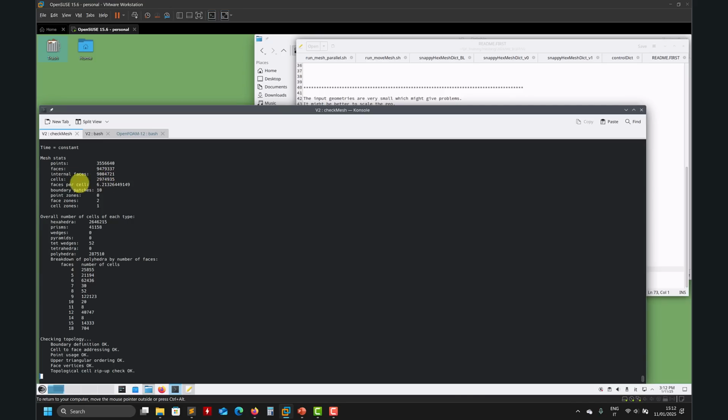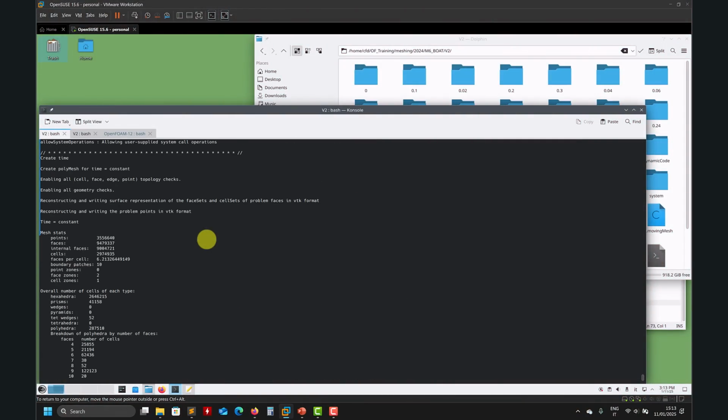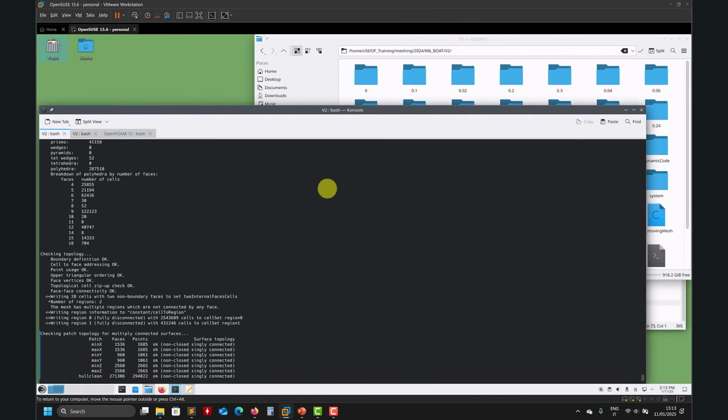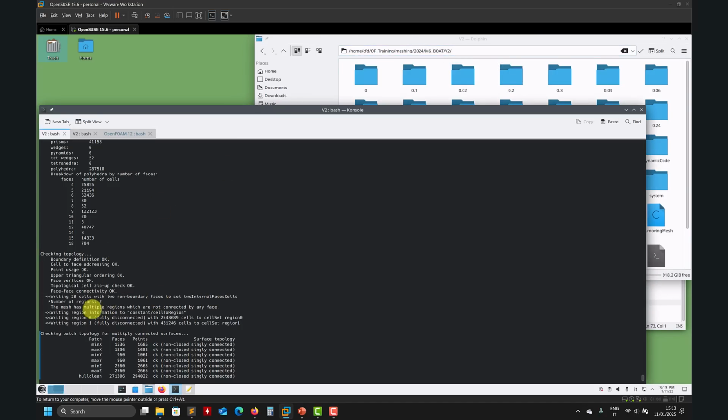So we have almost 3 million cells, wedge prism, everything okay. Okay, so let's take a look at what is happening here now. We put in a very chatty checkMesh, now with a lot of verbosity. So look at that here, you have this first cell of 20x, a set of 28 cells. As you visualize this, you will see where you have these faces, and everything is in that interface